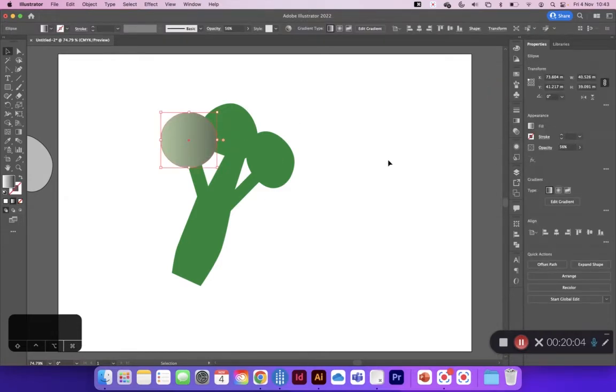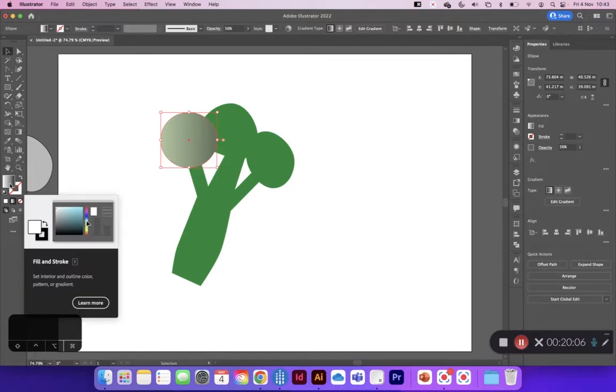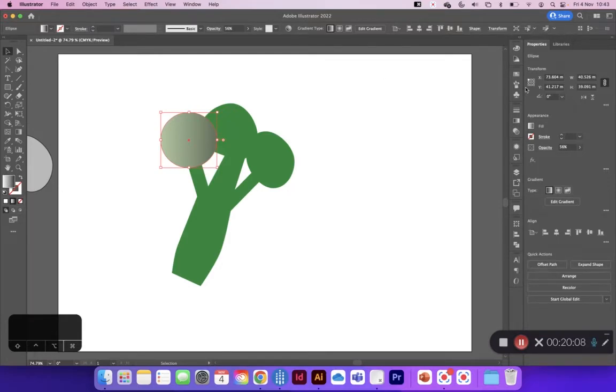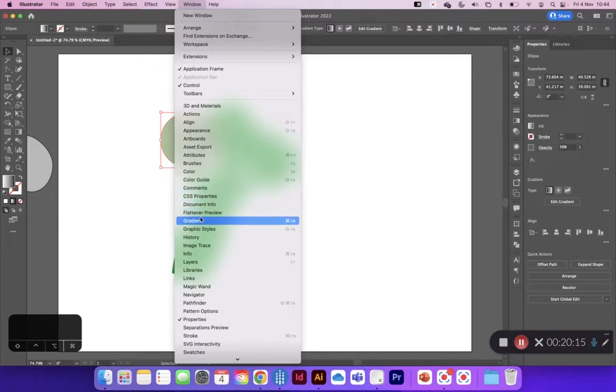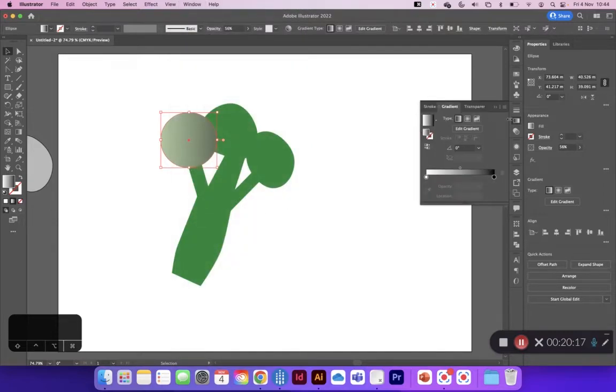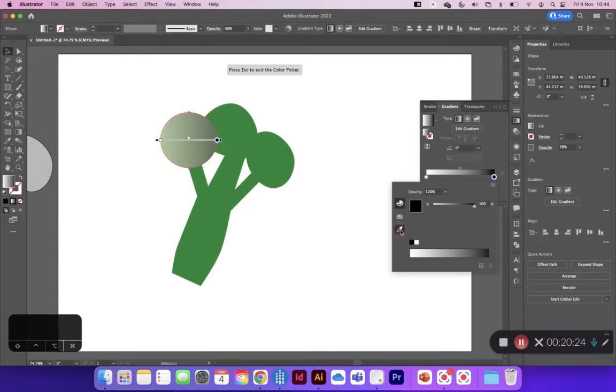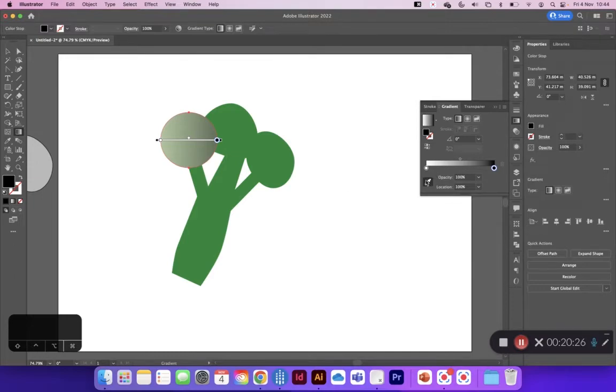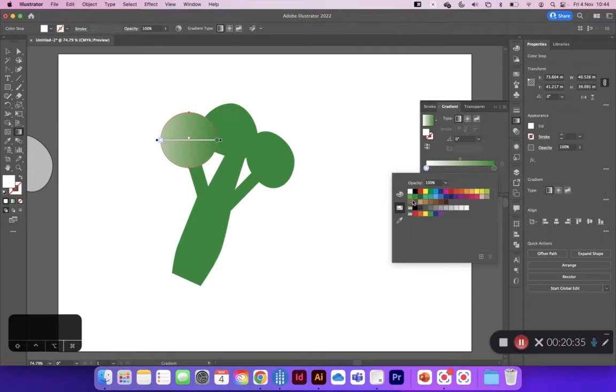Let's go to the gradient panel. So here's our gradient we've just applied. Here is the gradient panel. Again, if you can't see it, go to Window and Gradient, and it pops up. And then by double clicking in these circles, you can change the color. So I'm going to double click in there, and I'm going to use the eyedropper, which allows me to select a color from my artboard. So I'm going to choose this color, and then here I'm going to choose